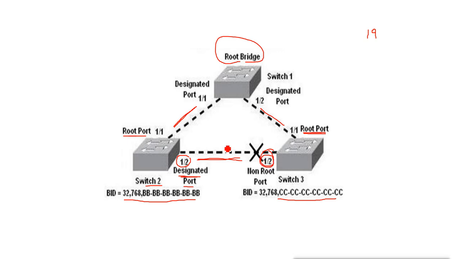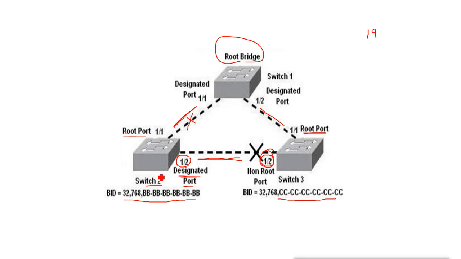until we lose this root port. If we lose this root port, then switch 2 says, I lost the root connection because my root port is disconnected. So it will send a BPDU to switch 3 on this side. It is in a blocking state, but it will still accept the BPDU. It will not forward the traffic or the data, but it will listen to the BPDU.